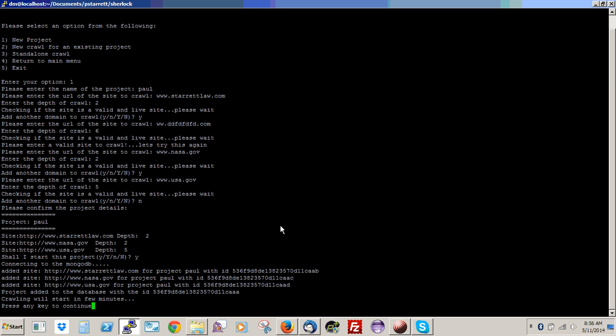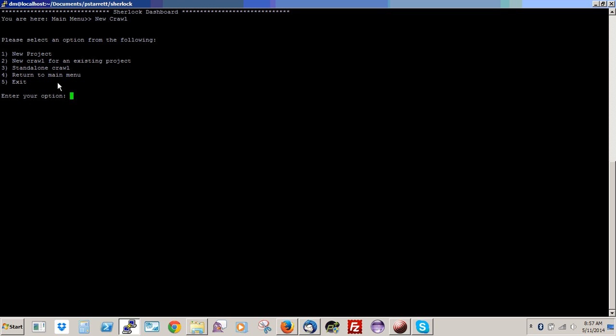The other method is clearing the screen. Wherever you see the menus, it makes sense to clear the screen and present a menu on a new screen. So clear screen happens to be one of those utility methods. Okay, so what we have done so far is we have added a project which goes by the name Paul, and we have added three websites to this project. Okay, so let's go back to the